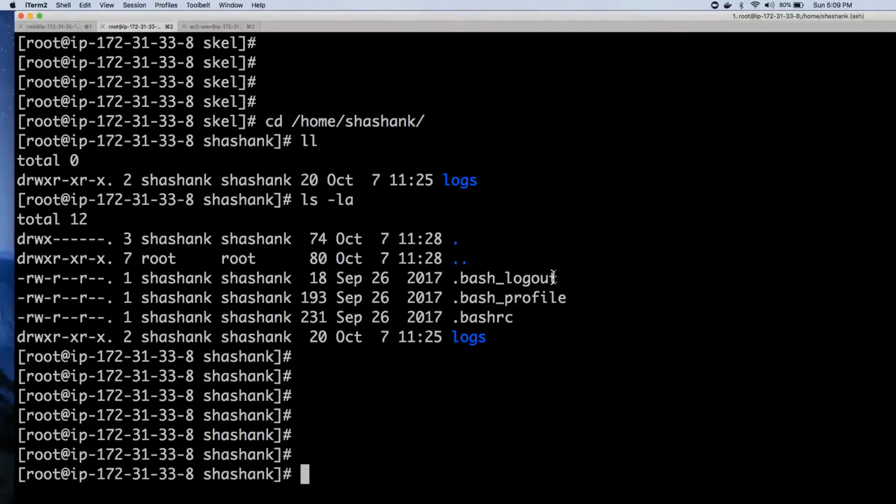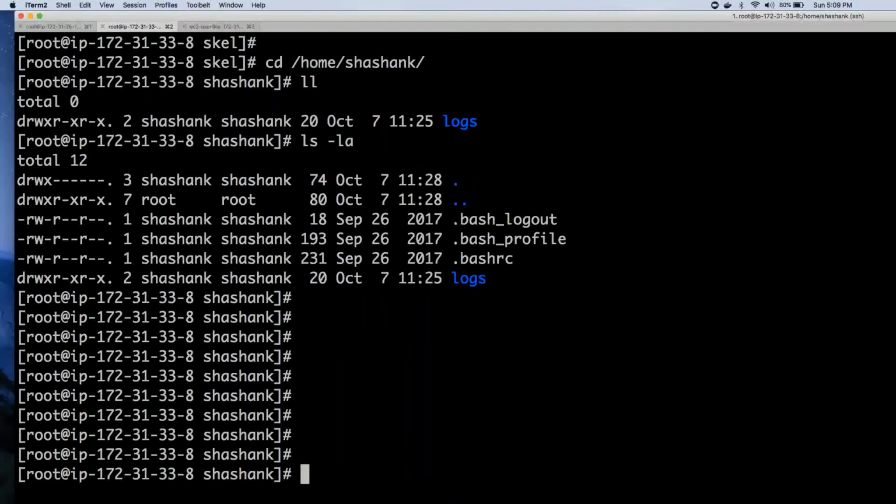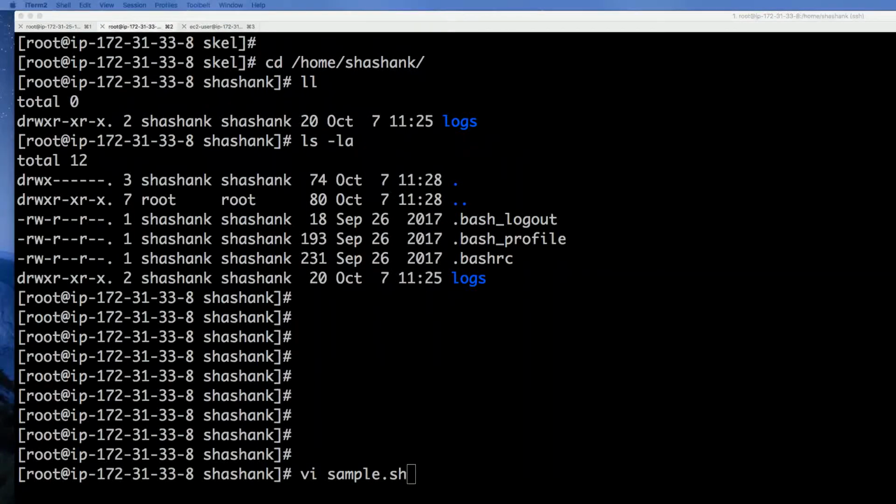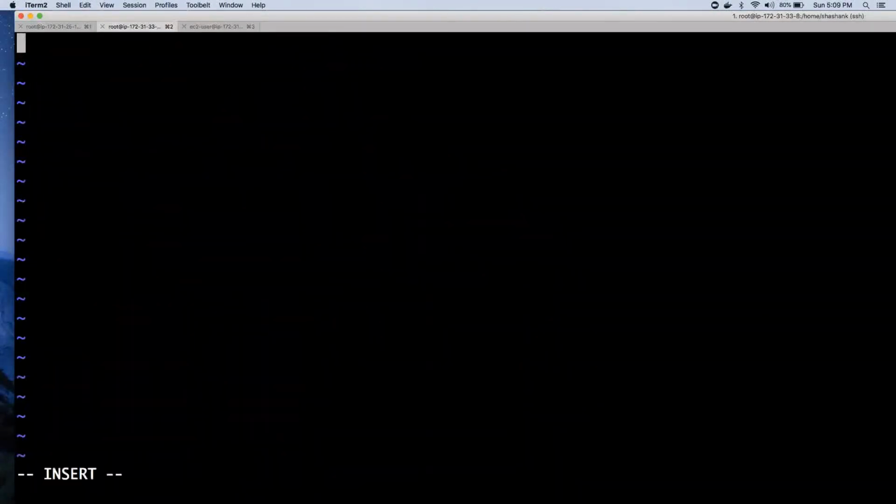Because you are in that folder itself, you can run a bash script from anywhere. So we'll take sample dot. There's a convention that you can use .sh for each and every script. It's not necessary that you should give .sh, but it's a convention normally. So the first line should be